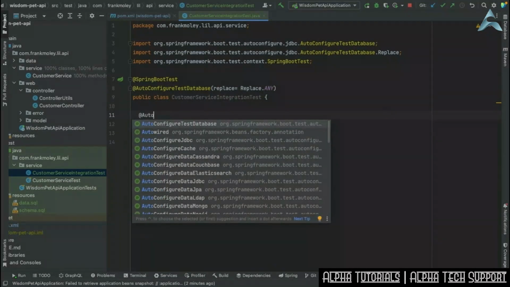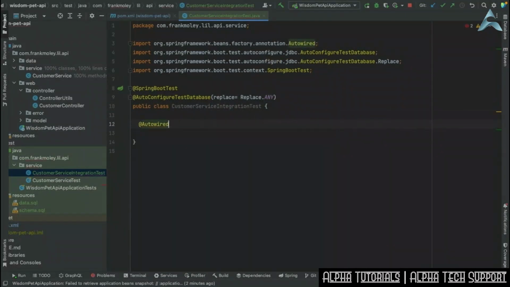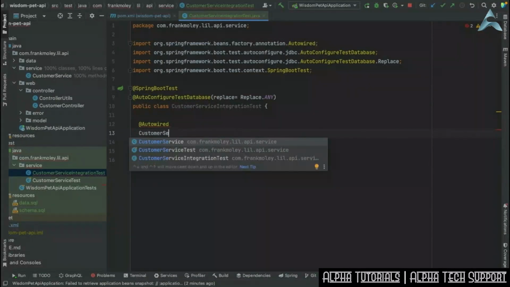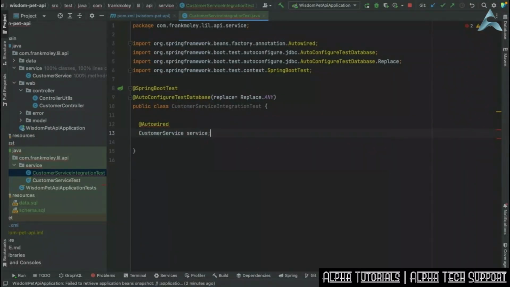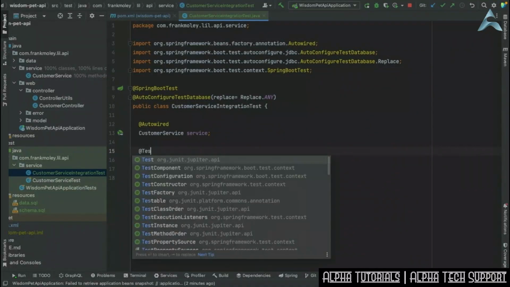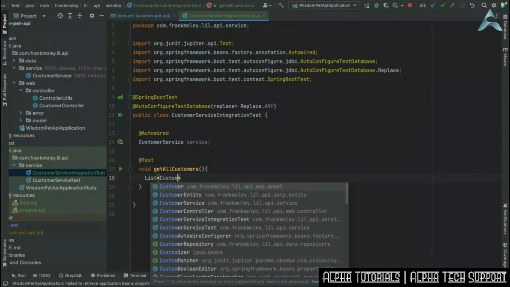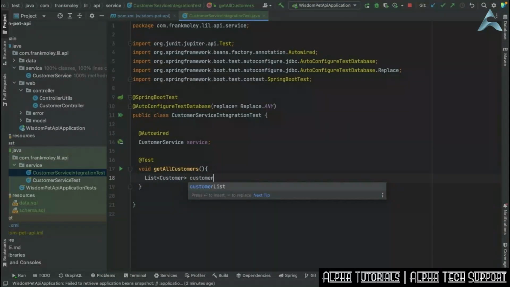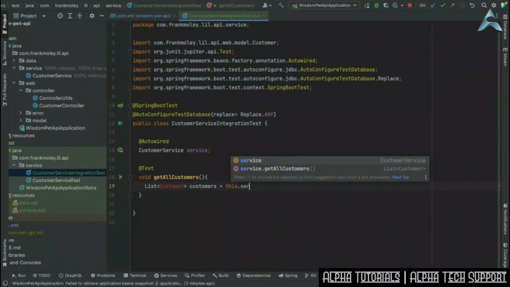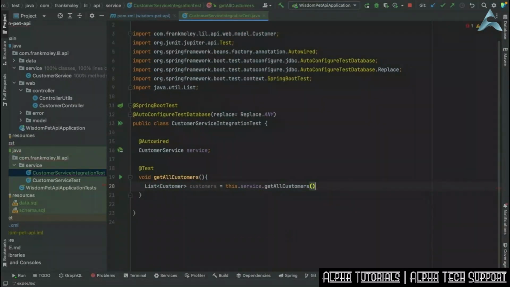So we will simply autowire in an instance of our customer service, and simply call that service. We will write a test, and the test we will do is on getAllCustomers. So we will do a List of Customer objects called customers equals this.service.getAllCustomers, and we will do a very simple assertEquals